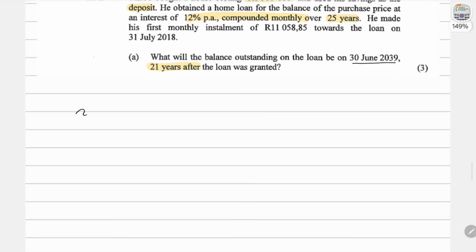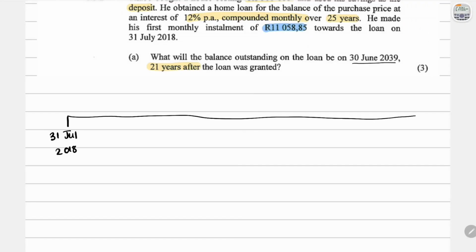So here is what is going on. We have on the 31st of July 2018, this is where he pays his first installment of 11,000, right? Now, this loan is going to go on for 25 years. So that's 18 plus 25, which is 43. Okay, so the last payment on his loan would be in June. Okay, so July has 31 days, June has 30. It would be the 30th of June